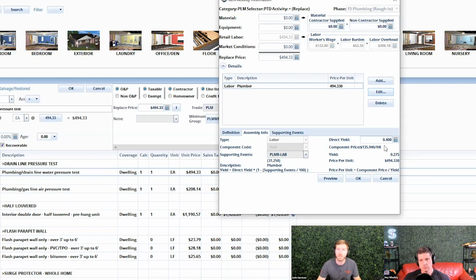Help me understand the difference between an air pressure test and a water pressure test, and why a water pressure test would take so much more time to accomplish. So air pressure tests are a lot simpler to apply. So whether it's your natural gas lines or your pressurized water supply lines, what you'll do is put a meter on, say, a hose bib, and then you'll measure, okay, here's our PSI at this particular